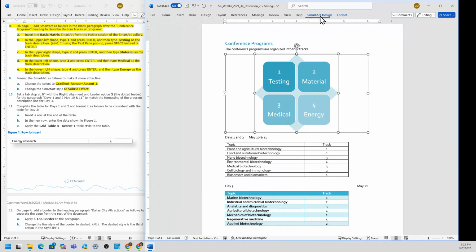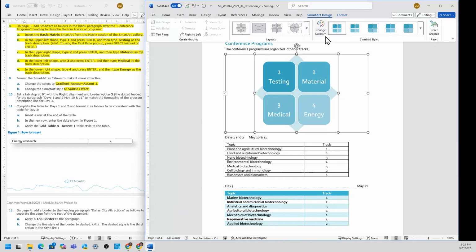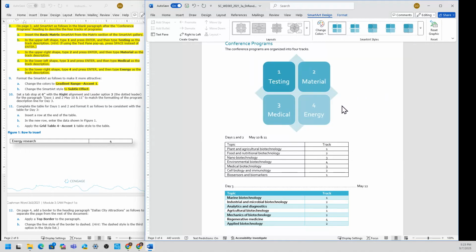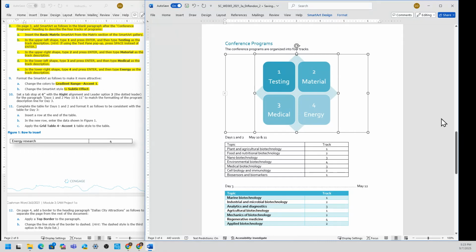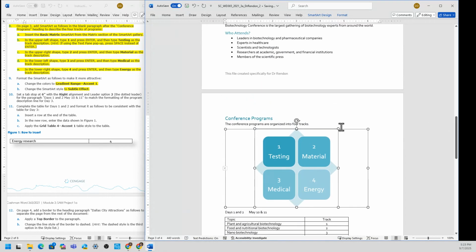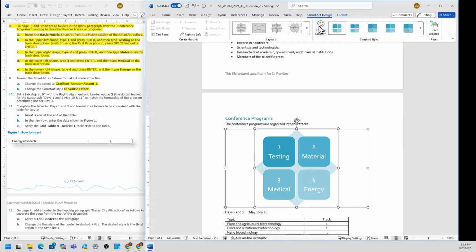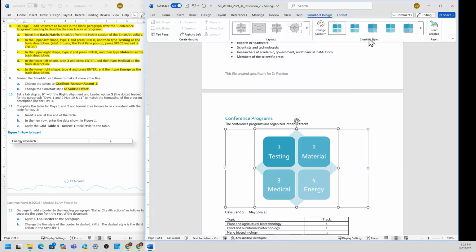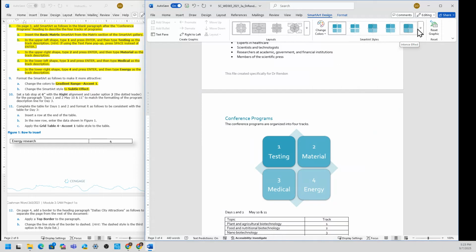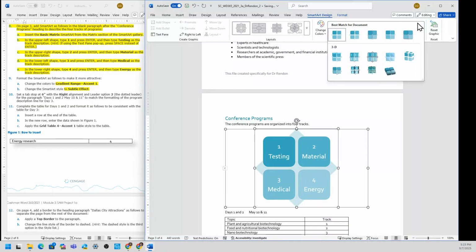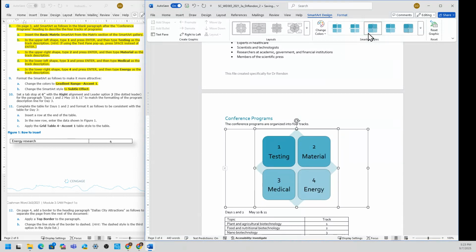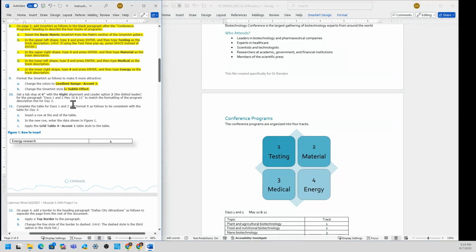So let me do that again. Color, this one here. Okay, so let me see, making sure that our design, change color, accent 1. Okay, and then the smart art style should be subtle effects. So I'm thinking it would be this one. Yes. Okay, so that's done.